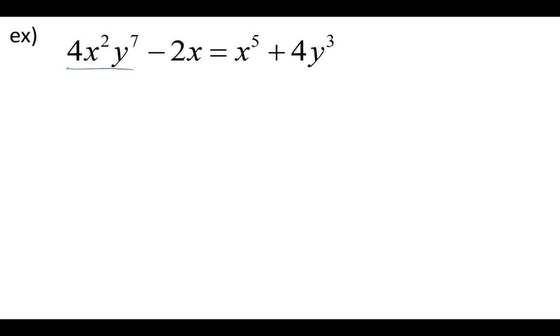So this first term here, notice it's the product of two things, so this is actually going to be a product rule. So we take the derivative of our first term, which is the 4x squared, so that's going to be 8x y to the 7th, keep our second term, plus keep our original first term, 4x squared, times the derivative of the second, which would be 7y to the 6th. And then always got to throw on that y prime whenever we take the derivative of the y. So we took the derivative of the y on the second part of the product rule, we throw on the y prime. Okay, then it's going to be minus derivative of 2x is just 2